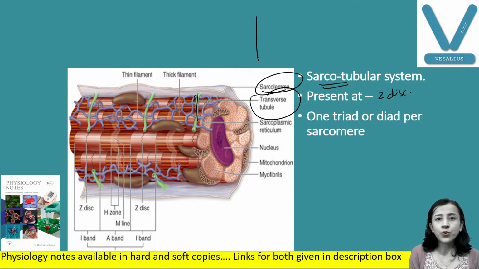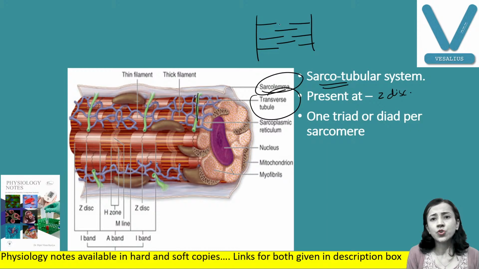I will explain. Suppose we are talking about skeletal muscle here. So this is your AI junction, A band and I band. In skeletal muscle we have T tubules here at the AI junction. So two T tubules are there